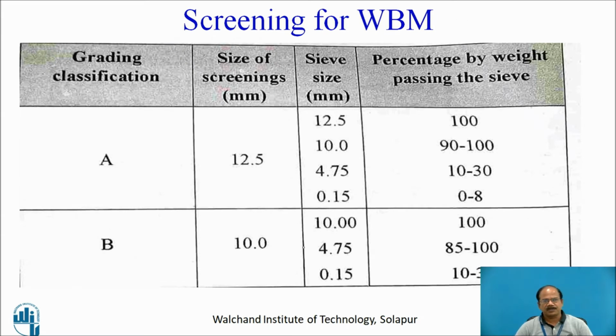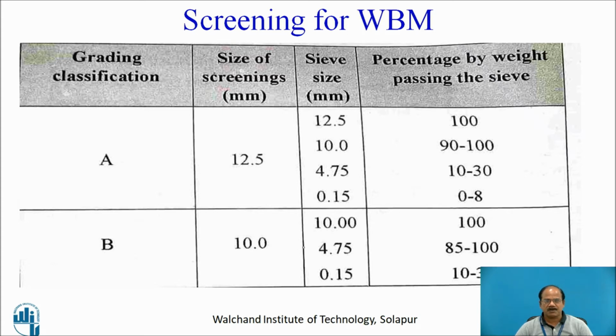You can see the screening material for waterbound macadam is something which is laid on the top of the aggregates. Actually, first the aggregates are filled in, those are compacted, and then this screening material, which may be murum or some other kind of fine aggregates, will be laid onto that. Remember, this screening material is likely to get crushed and occupy the space between the aggregates below its layer.